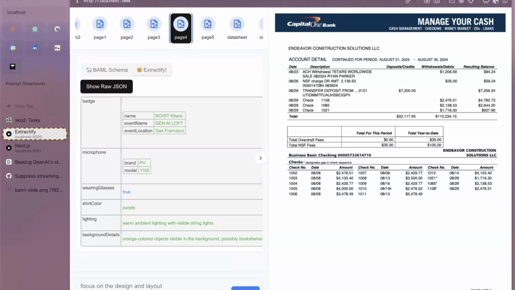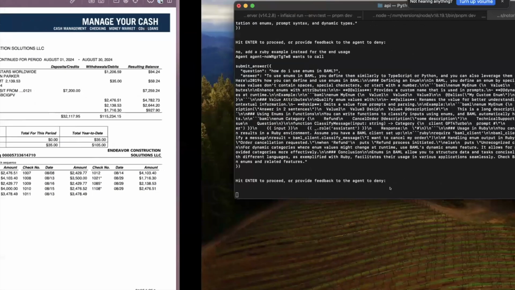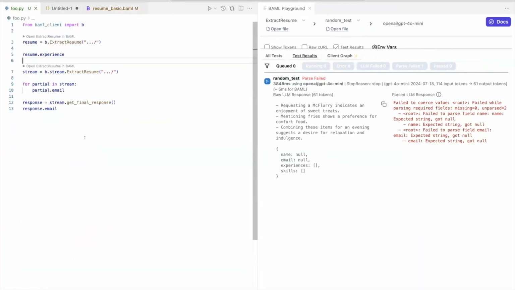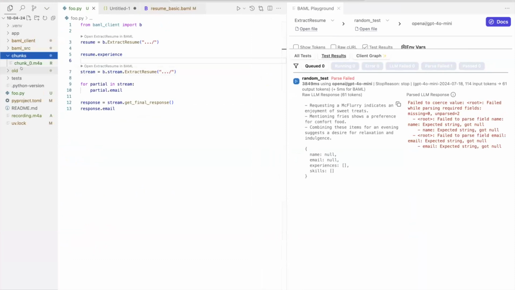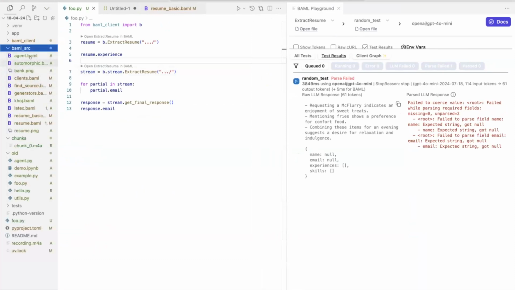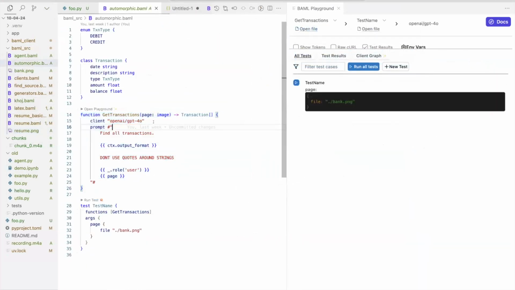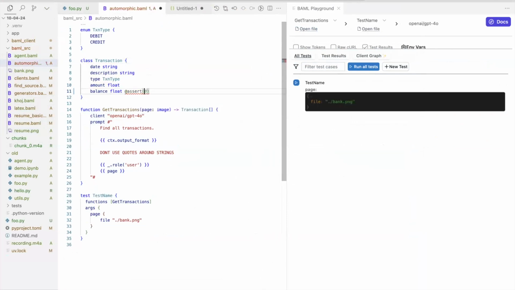The model itself is kind of wrong. What we have is a special syntax that we released in BAML that allows you to do interesting things. For example, I think I have an example of transactions in here, and I'll show you how you end up writing that code. I'm going to go to my get transaction function. In this transaction, if I want to guarantee that the amount is always going to be less than the balance, I can just do an assert amount less than balance.